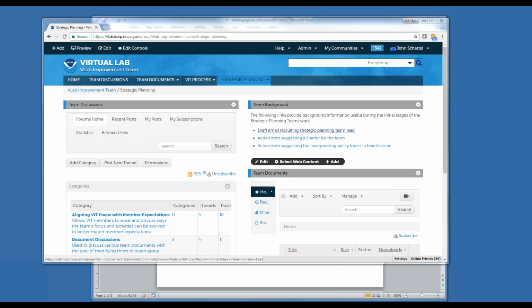So we said draft email, recruiting strategic plan lead, action items suggesting a charter, action items suggesting incorporating policy topics. The action item for the team is actually to develop the vision. That's what we're looking for from them. Right. Okay. So we should probably just clarify that, and also,